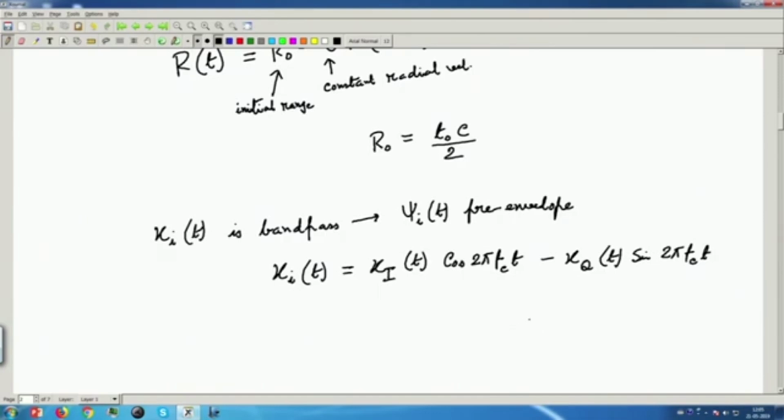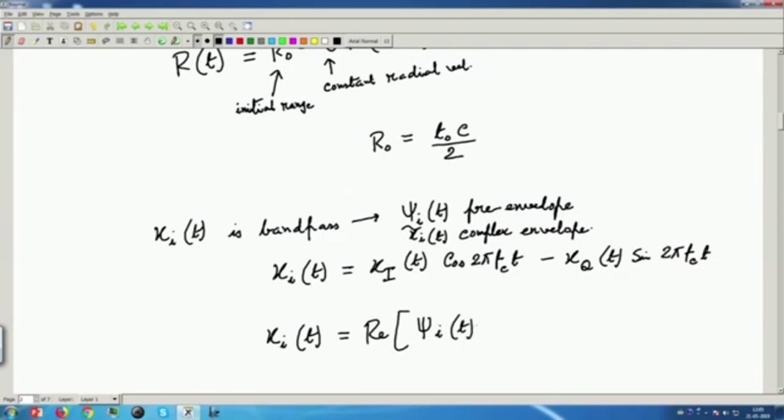And let us say that complex envelope of these. So, complex envelope we generally put a tilde over the thing to say that it is a complex envelope, like phasor type of thing. So, x tilde (t) let us say is the complex envelope. So, what is the relation? Instead of writing this, I can also write x(t) in terms of complex envelope, that is nothing but real part of